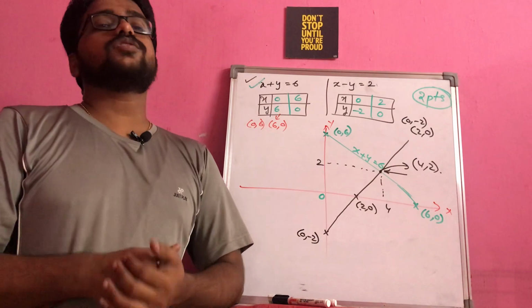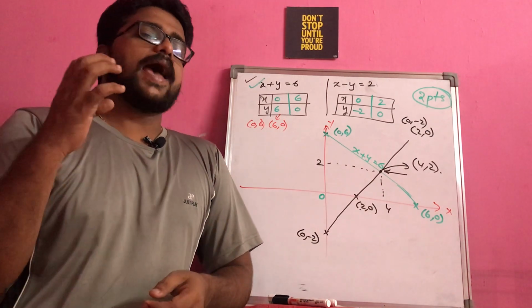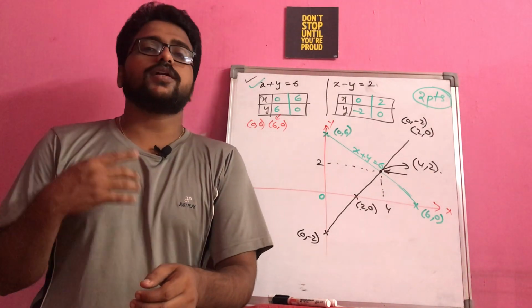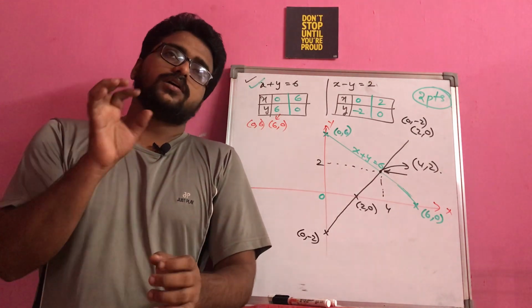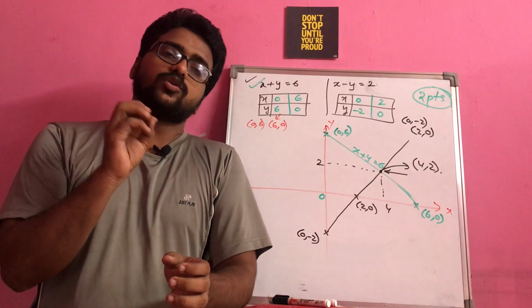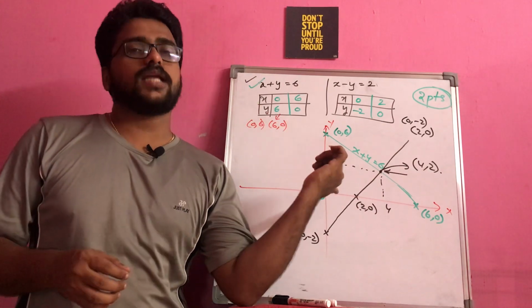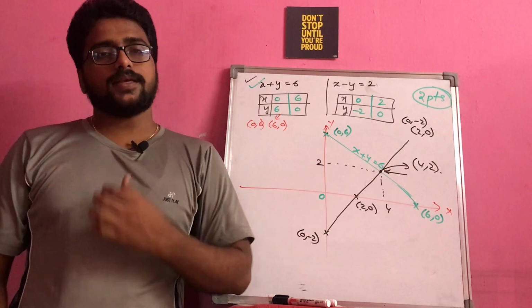So in the next class we will see some more examples which are in relation with having parallel, consistent, and how you are going to represent that, and whether we are getting the same set of solutions by calculating ratios and from the graphical method also, we will check. Okay, hope you like this video.